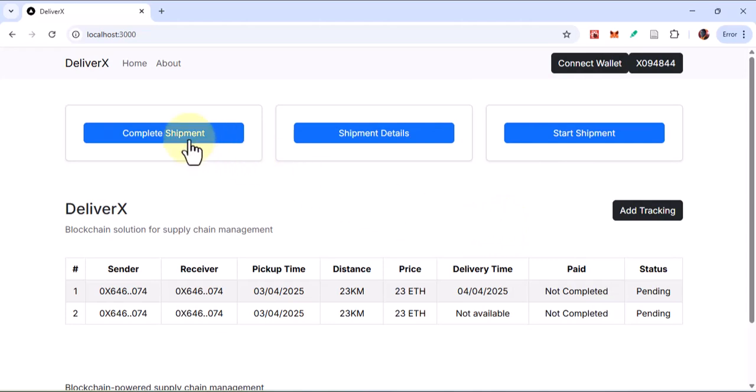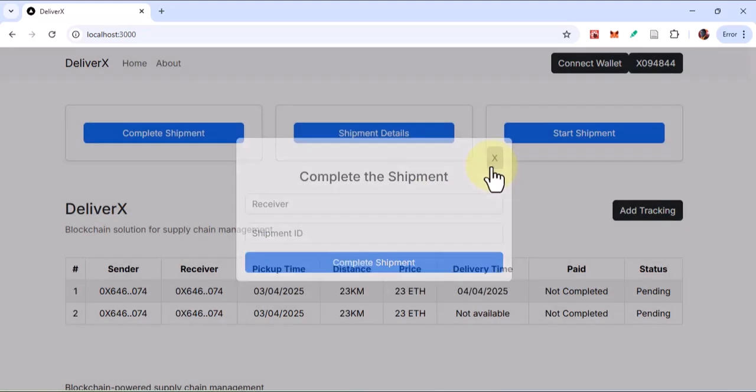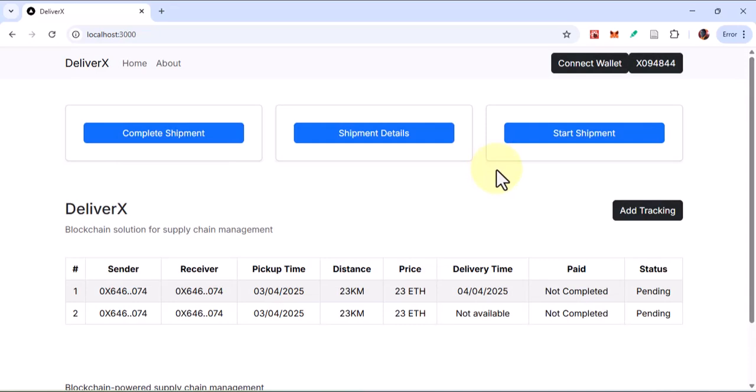And also from there, once the receiver has received the shipment, has received the parcel, it is the receiver that will now come right here to complete the shipment. So once the receiver puts the ID and says complete the shipment, then the logistics provider will get the payment. So we have been able to complete the front end of the application,